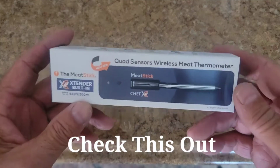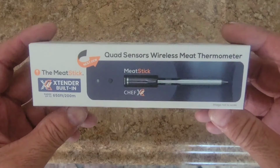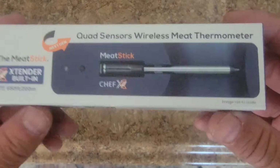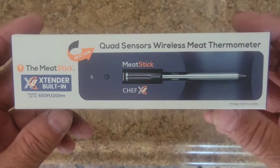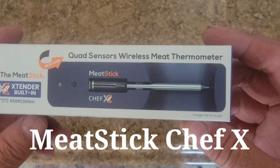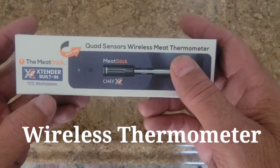All right, check this out. I told you I was going to have some stuff for you guys. Christmas time. Perfect gift for indoor or outdoor cook. You can get this for your wife. She'd love it. This is the MeatStick Mini called the Chef X, which has the quad sensors, wireless meat, the